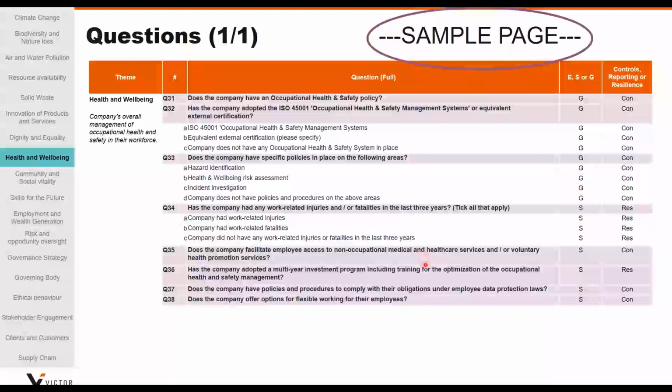Does the company facilitate employee access to non-occupational medical and healthcare services and/or voluntary health promotion services? And the list goes on and on. Things like how you're managing employee data protection laws. Do you have a flex work schedule for your employees? So this should give you a taste of how thorough this assessment really is, but also how your firm's performance